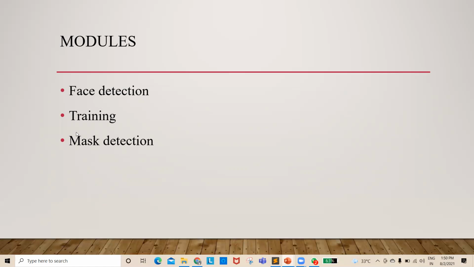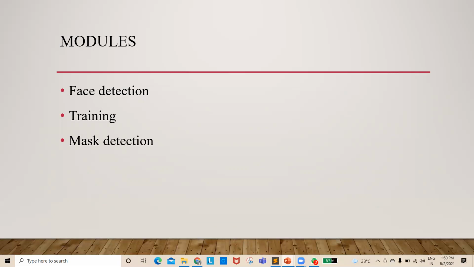And in the mask detection, first we'll be giving the face input. With face detection, the face will be detected and the system will apply a face mask classifier to each face ROI and then detect the face with a mask or without a mask. If the person contains a mask, then it will show a rectangular box with a green color and it shows the detection percentage. If the person is not wearing a mask, then it will show the accuracy with the red color.